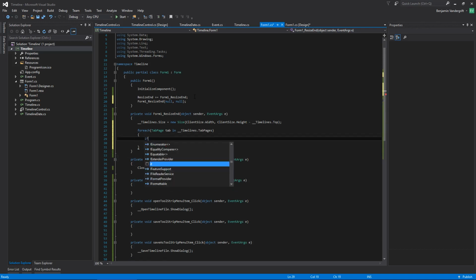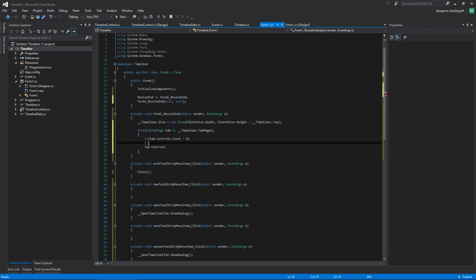So actually, this is just for safety. If tab dot controls dot is it length or count? It's count. So arrays, I think, use length, and other stuff uses count. So that's why I wasn't sure exactly which one it was, because sometimes you get a little weird and wonky which one uses length and which one uses count. I guess count is probably more common, but it doesn't take long to check anyway, and I don't necessarily always remember. So if there are controls, then I want to go into the first one